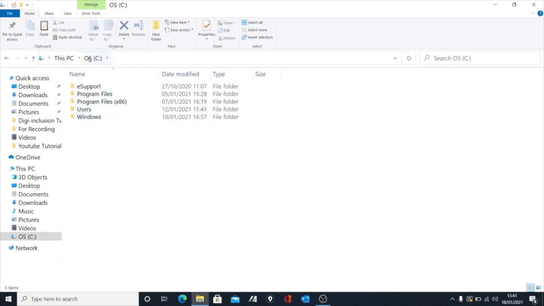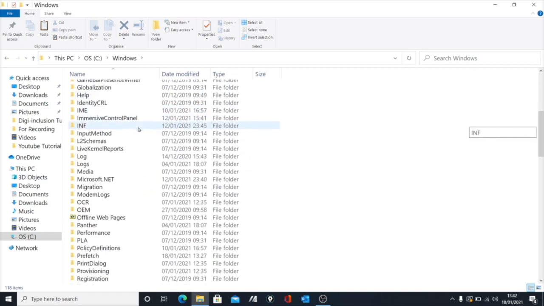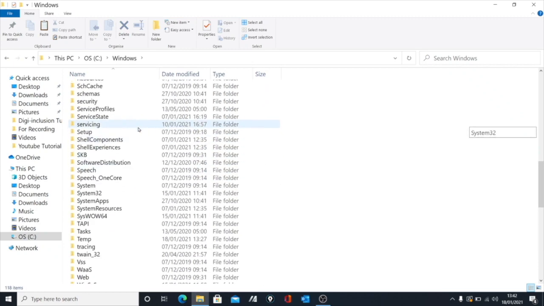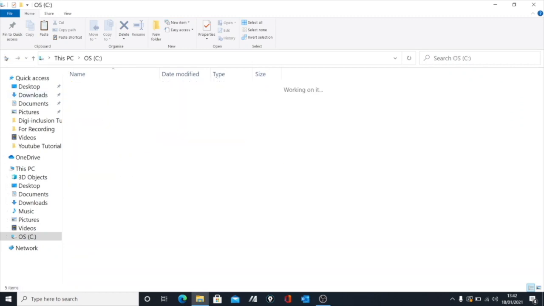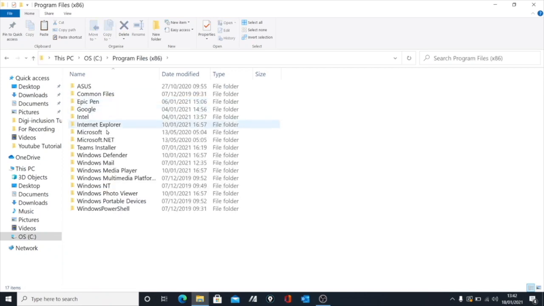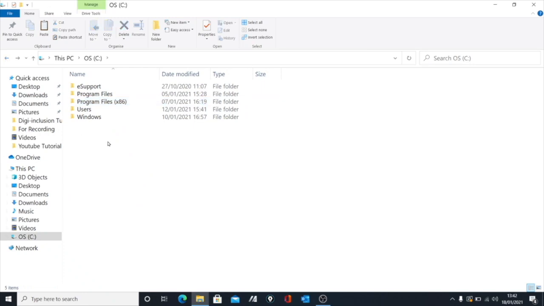But you can also see under this OSC that there's some other folders, and some of these are called program files, x86, and Windows. I'm just going to have a little look inside of them and you'll see all of these different things, okay? And these are all different programs that the computer needs to run properly. Some of it gets very complicated and technical. I'm not going to go into the detail of what is in there. But the bottom line is, don't delete these folders. Don't delete Windows or program files, and don't really delete anything that's in these folders either. It's just best to leave them alone if you want your computer to work.